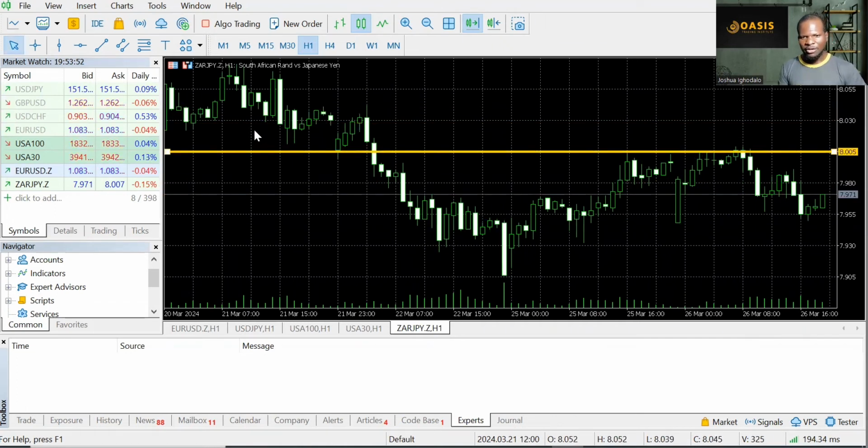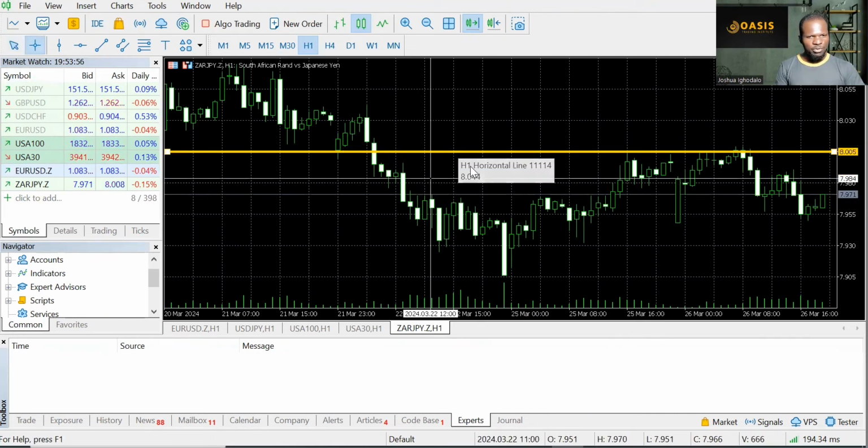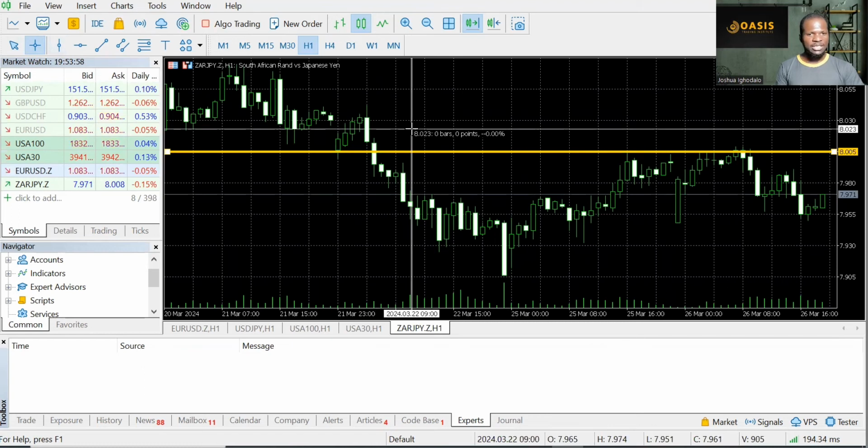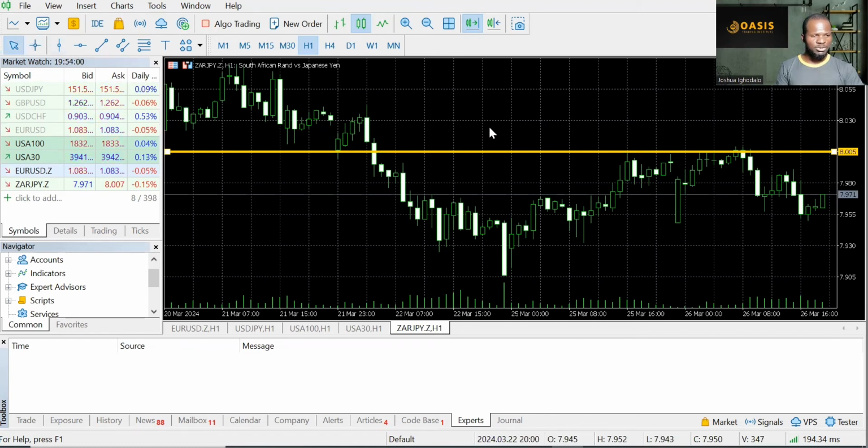So another beautiful thing you can do, you have your crosshair. You can always use your crosshair from the chart, and then you can also use your crosshair from your mouse. Just click the middle button and you can get your crosshair. Okay, and of course,